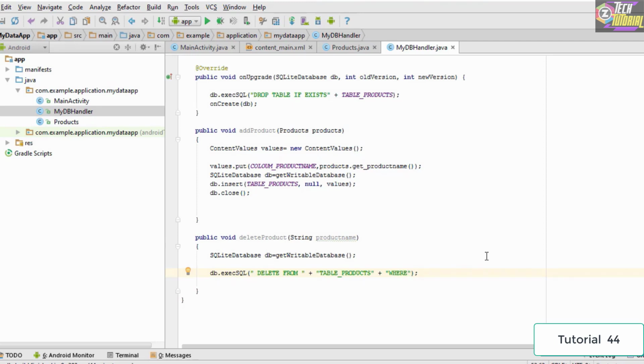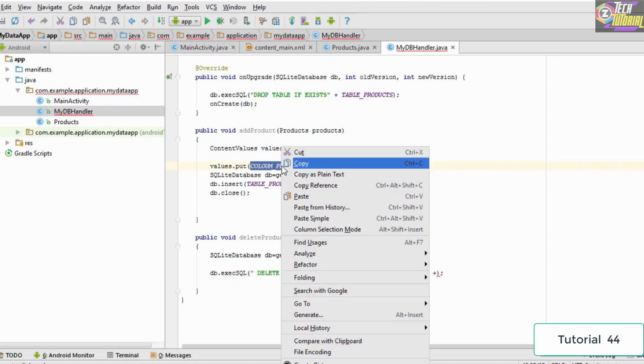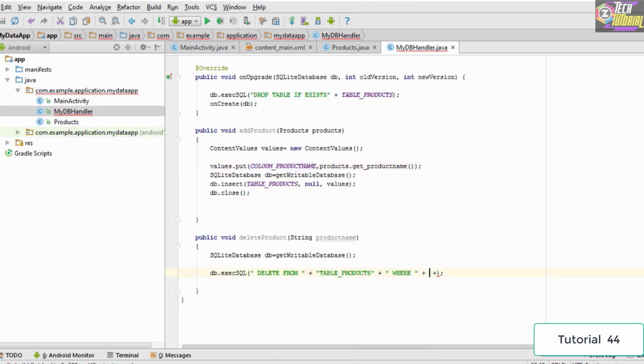So this where is going to specify from where we want to delete it. So we want to delete where the product name is going to be equal to the product name which we have entered. So we type where, then we give a plus sign, and within these two plus signs we are going to specify the column product name. So we copy it from here and we paste it here. So we want to mention when this equals something, so we move back, we use double quotes, we use equal to and a slash, and we again use a quote here,